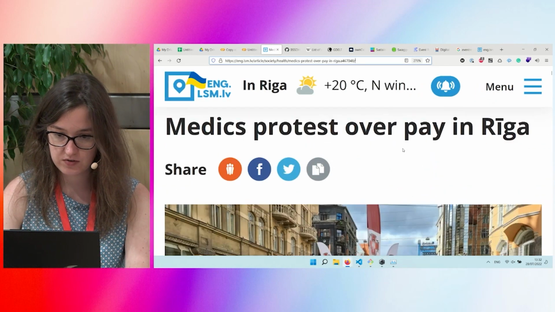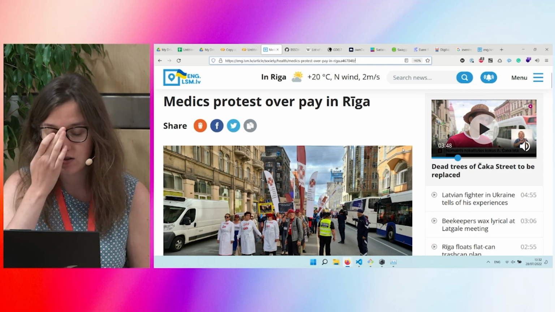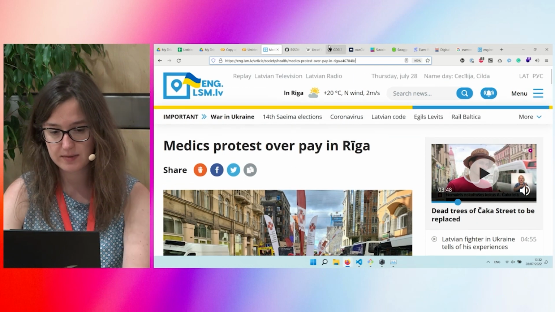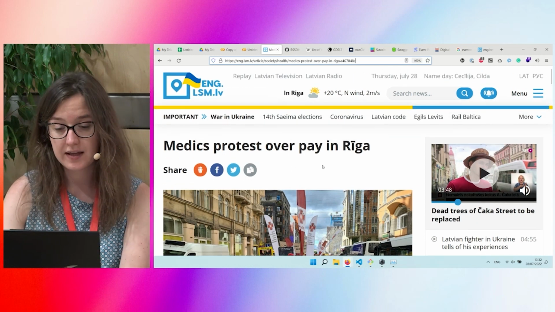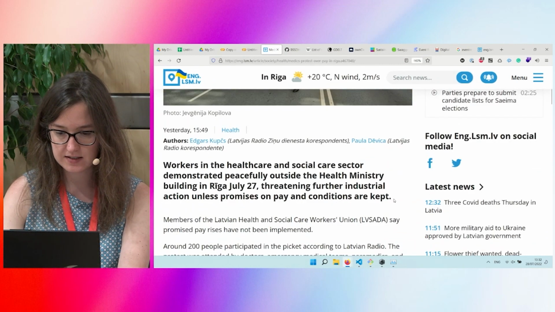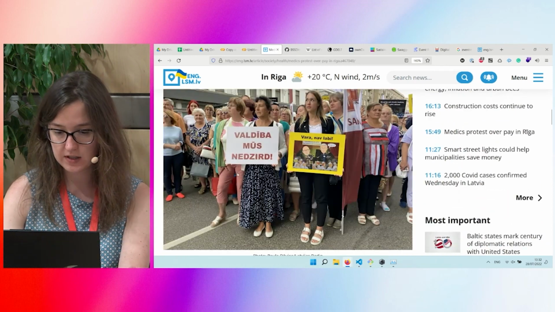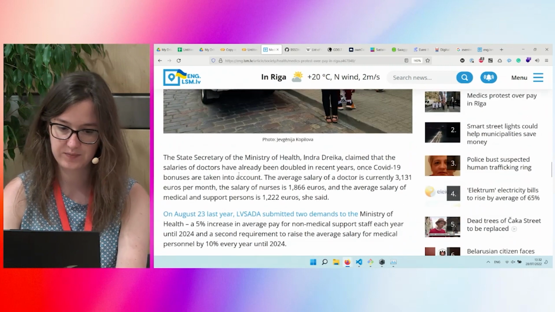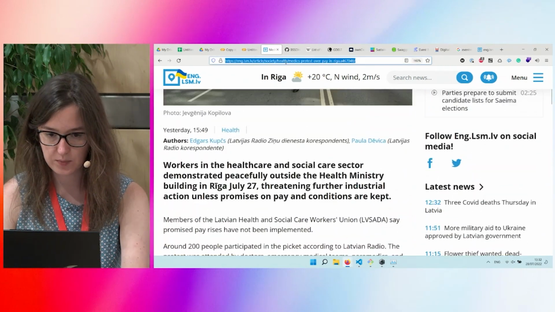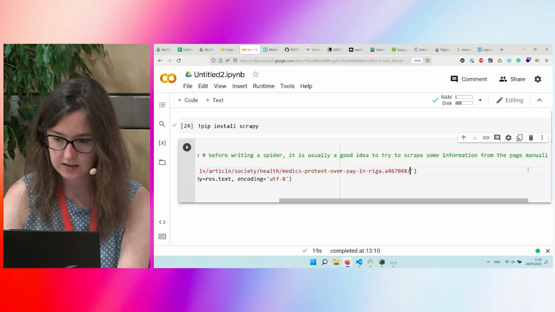Let's try to scrape one of the articles, because you don't have these nested data structures. So let's choose any one you like. I will choose this one, MedExpert test over pay in Riga, and I want to get from there this title. Then I want to get this lead section of the article, and maybe I want to get also the text of the article. Let's see whether we can do that. And for that, let's copy this link. We'll go back to the Colab, and